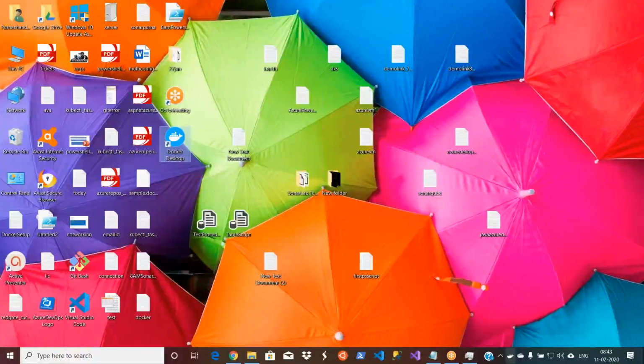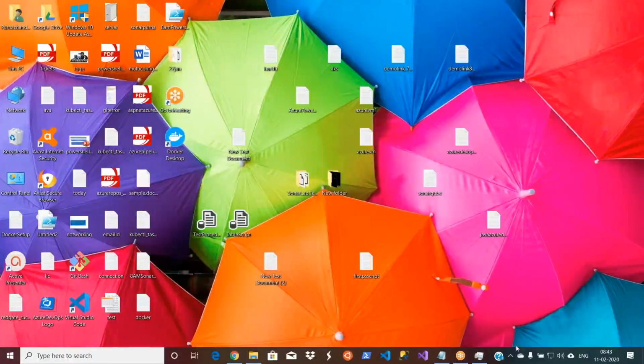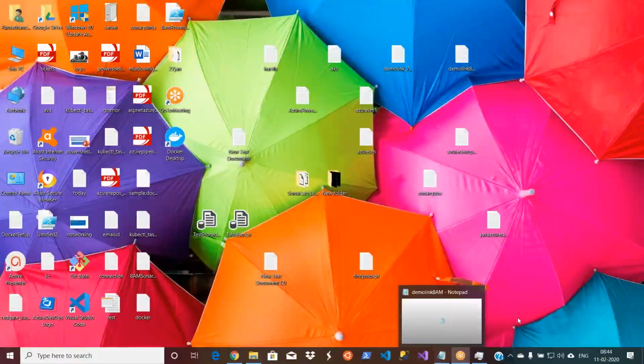I don't want to touch anything because it takes some memory. Let it start for a minute. Still starting. You are trying to start Docker desktop. But you don't have enough. What else I have?